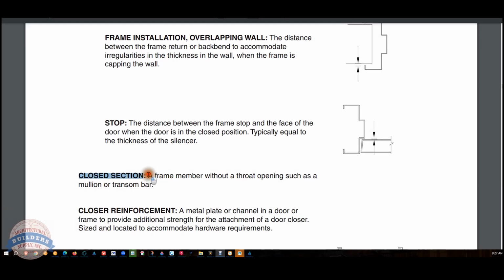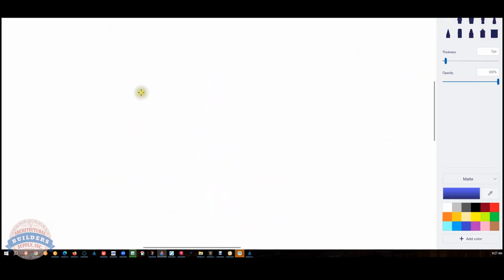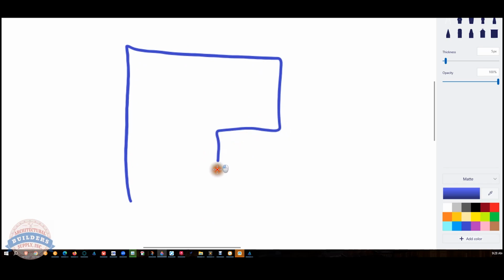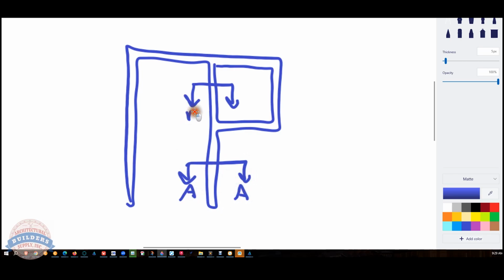Closed section: a frame member without a throat opening, such as a mullion or transom bar. Okay, so let's take a look at what that would be. A mullion is going to be something like this. There's a side light frame. So what this is going to look like, AA and BB. So AA is going to just simply look like this,